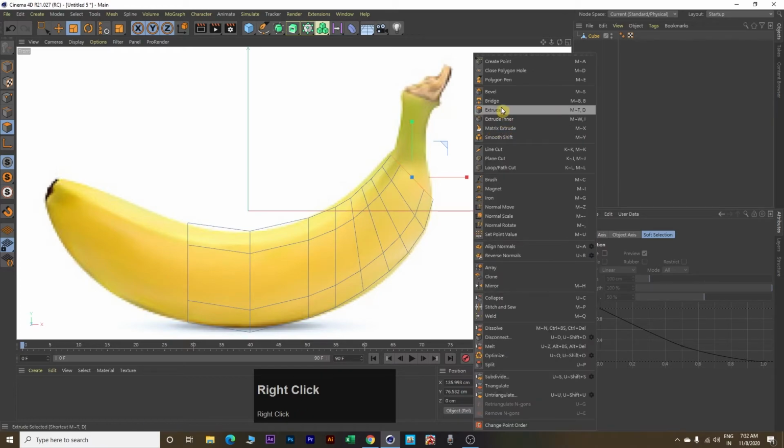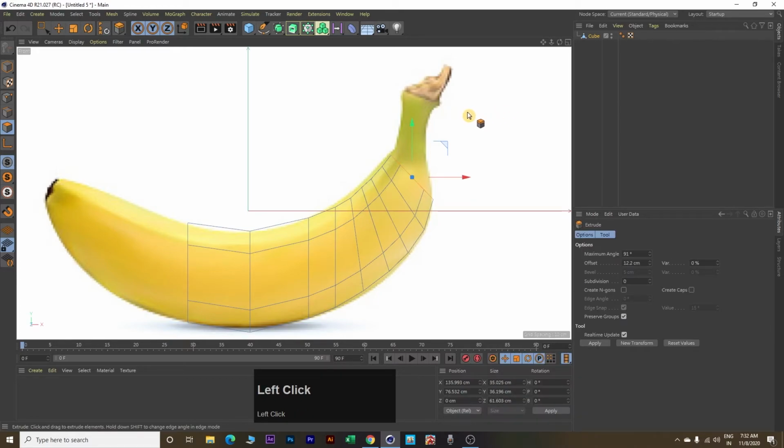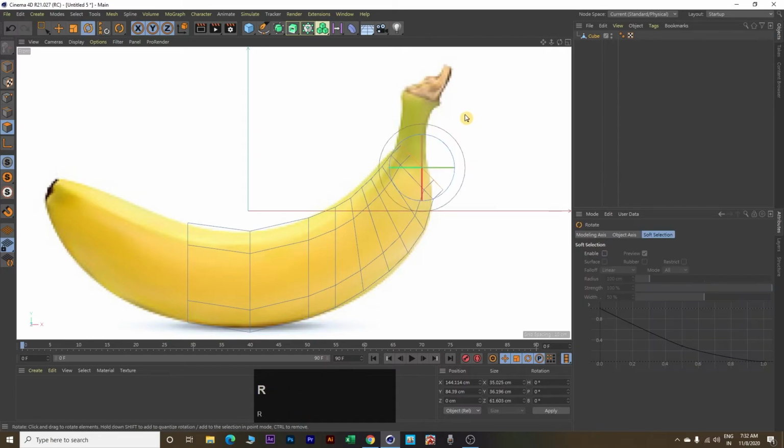Again extrude, rotate, move, resize. Move, resize.